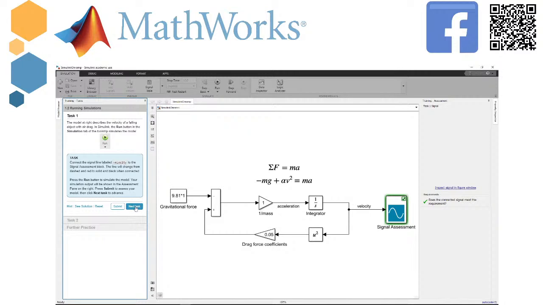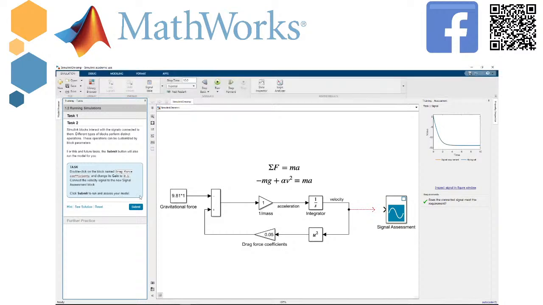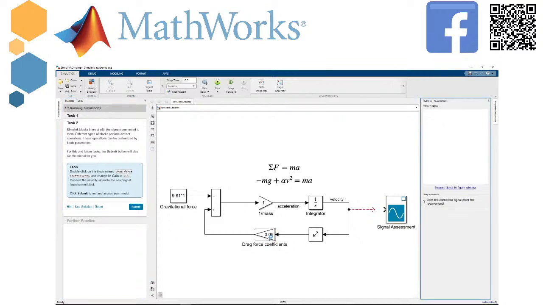Okay, everything went well. What else? Our task now is to double click on the block named drag force coefficient and change its gain to 0.1. Connect the velocity signal to the new signal assessment block and click submit to run and assess your model. Okay, so as you can see here, you can just click on this block,